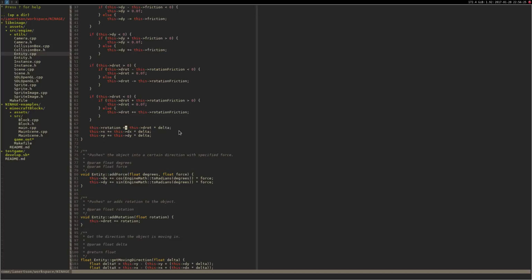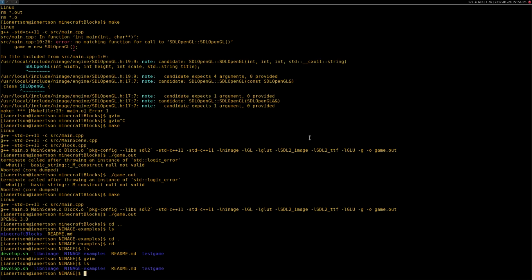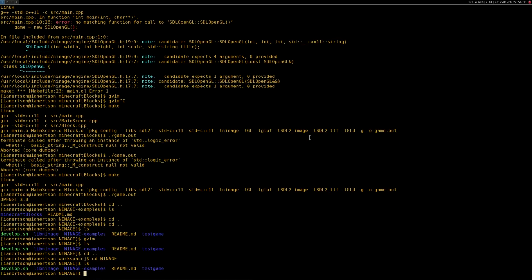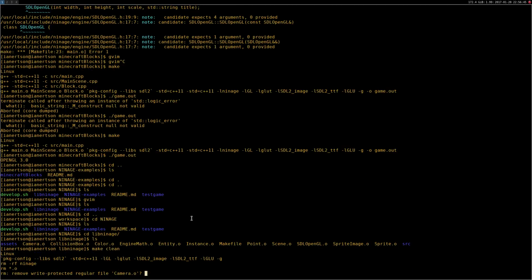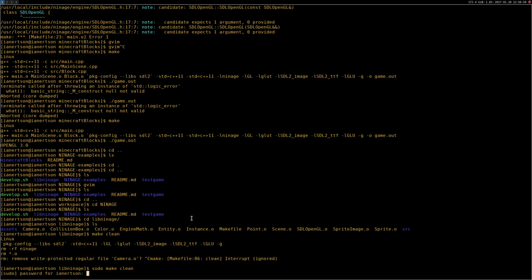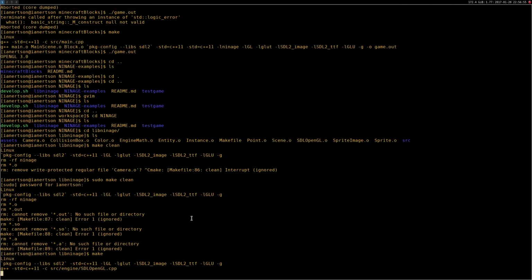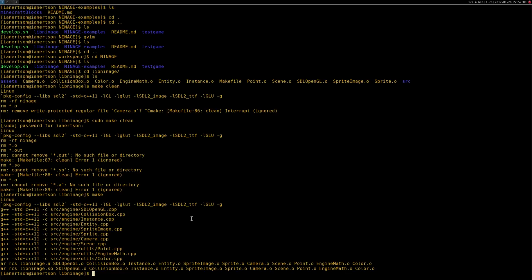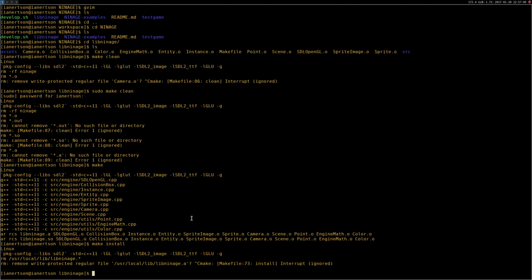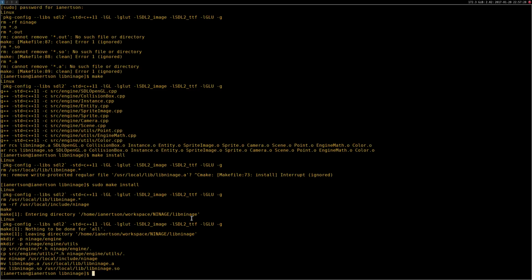So yeah, I'm gonna show you how to compile the engine as well. So basically, you go into the project. This is the official repository, and to compile the engine, you just go to the lib9edge folder. And to compile it, you just type make, and now it is compiled. And then you need to install it on your system, and to do that you type make install. I won't have the permission to do that here. I know it works on Mac, but on my Arch Linux computer I need to do sudo make install for it to work. So now I have installed the engine,